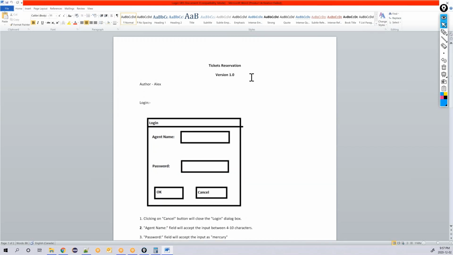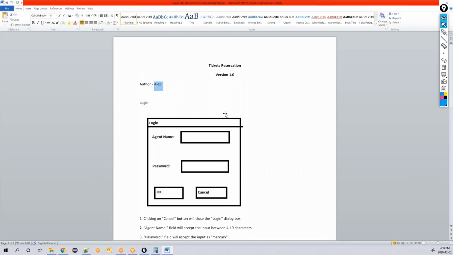That's the primary focus. So Ticket Reservation is the name of your application, and the version number is 1.0. That means this is for build 1.0. The author who wrote this particular SRS document is Alex. So he is the BA.